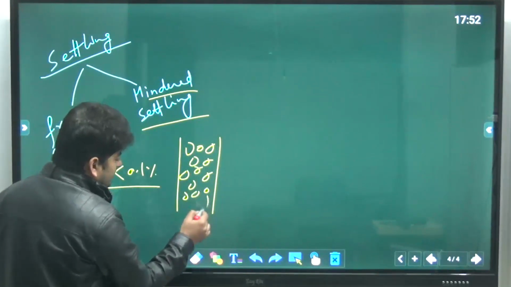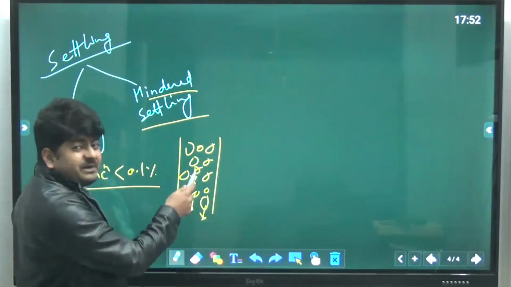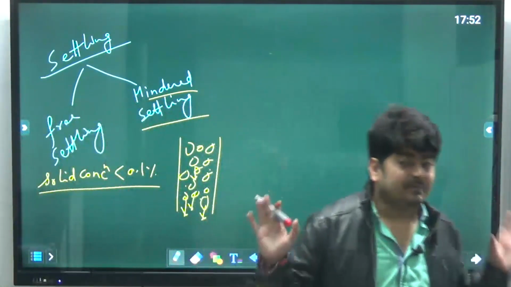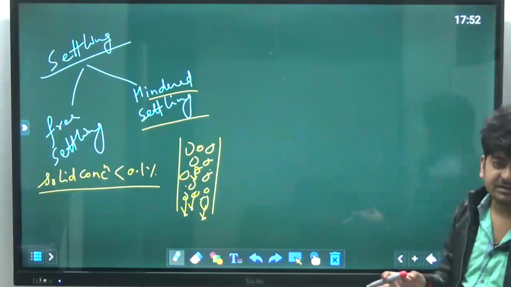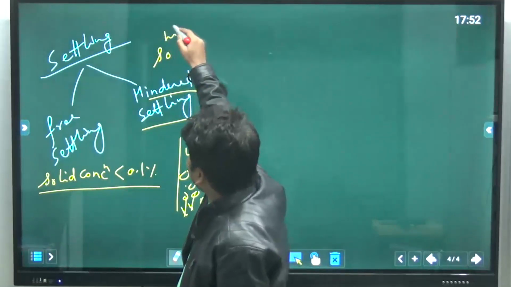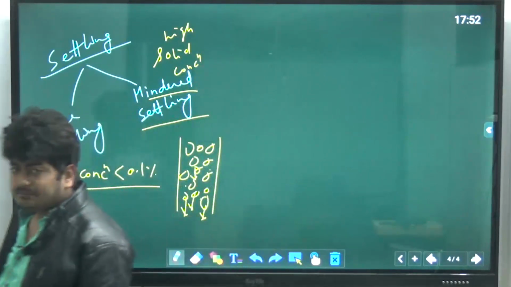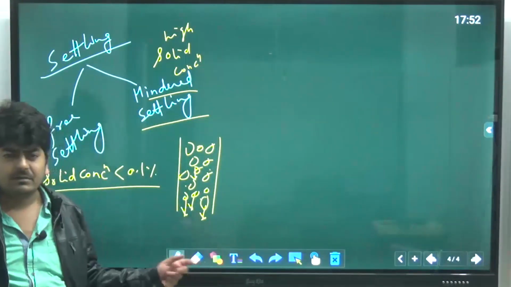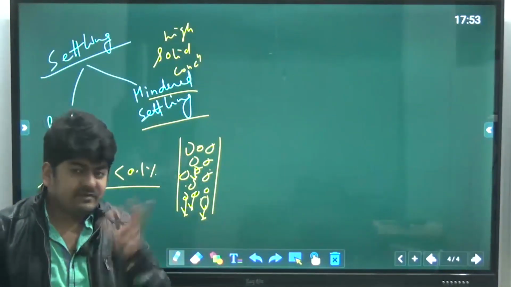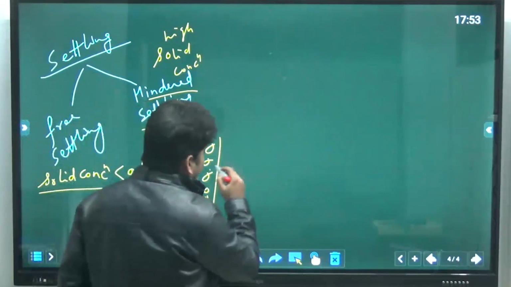solid particles, the settling of a particle will be affected by the presence of other particles. So particles will not be able to achieve their maximum settling velocity, that is the terminal settling velocity. That is hindered settling, which occurs when we have high solid concentration. In that case obviously the particle will settle with some velocity, but not the terminal velocity. Obviously in traffic as well, your bike will move, but not at maximum speed, only at a certain speed. And that speed here is called the hindered settling velocity.